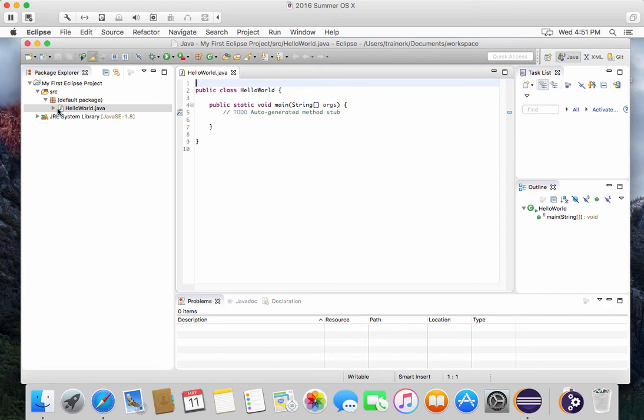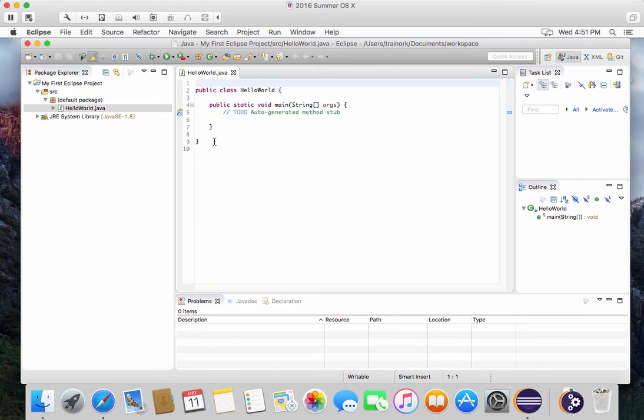Not only have we created it, but we have opened it in the editor panel. That's pretty helpful. And we've also